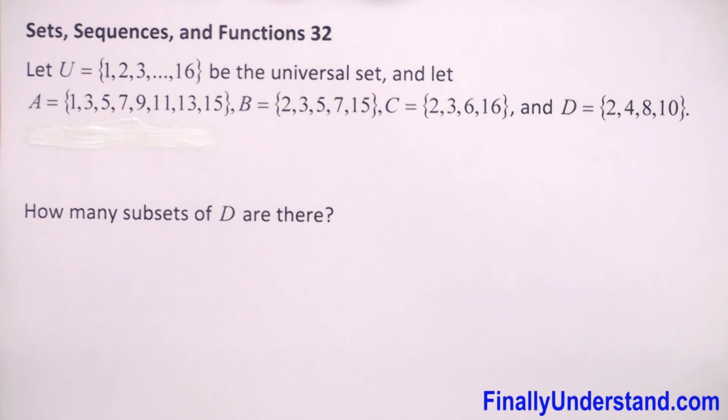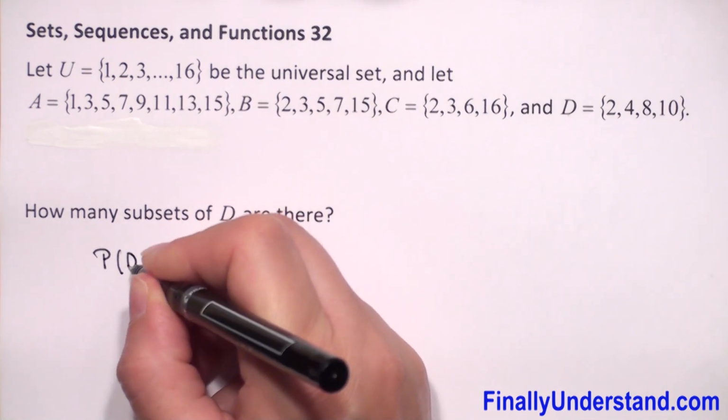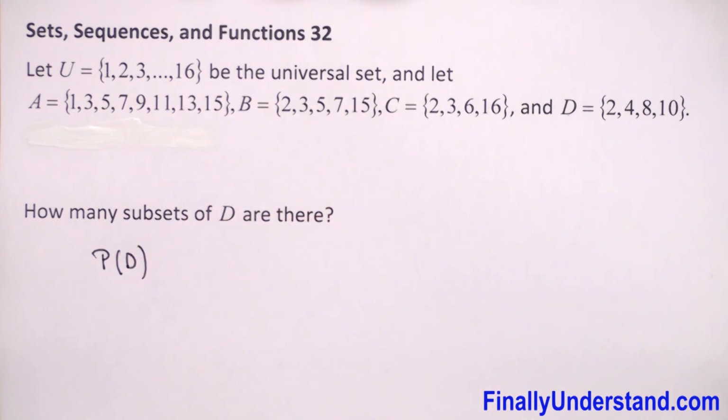So we know that for a given set D, we may speak of the class of all subsets of D, and this class is called the power set of D and will be denoted by P of D. If D is finite, then so is P of D. In fact, the number of elements in P of D is 2 raised to the power of the number of elements of set D. So we can write that the P of D has,